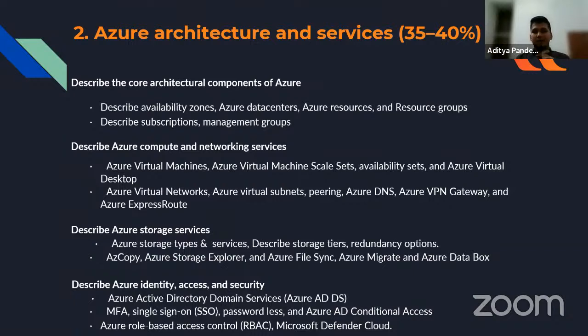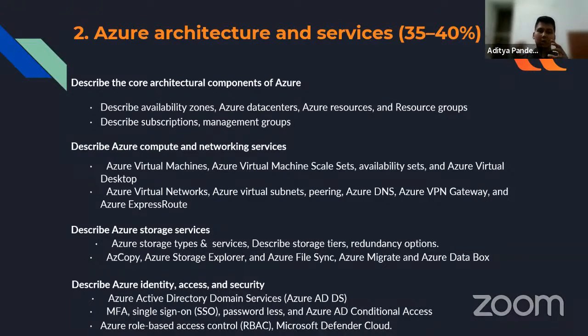Azure storage type and services describes storage tiers. It describes redundancy options. Okay, the storage services which Azure gives are AzCopy, Azure Storage Explorer, Azure File Sync, Azure Migrate, and Azure Data Box. So these are the services. These are the Azure storage services provided by Azure. And in this topic, they finally talk about the